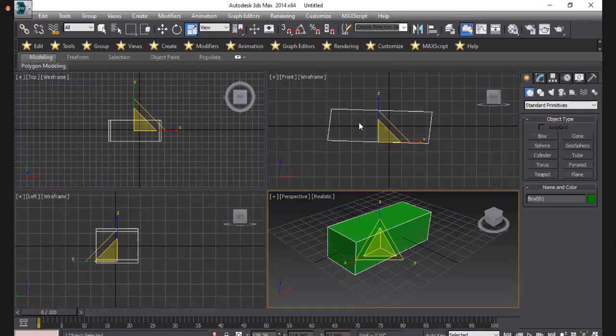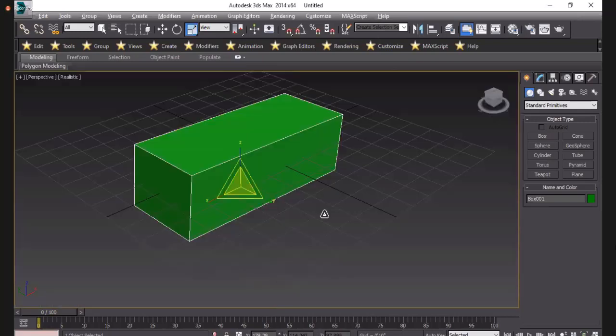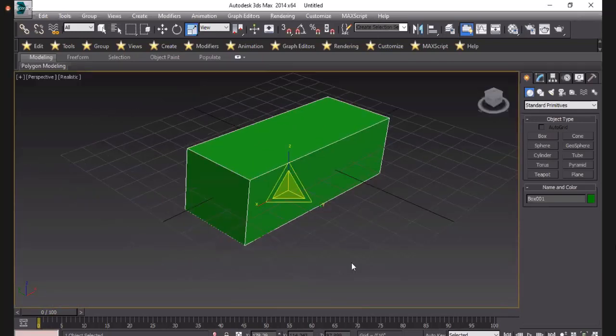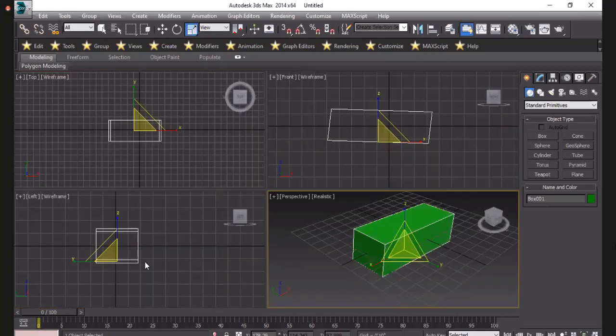So for opening this screen of the perspective view, what can we do here? I will press Alt and W. When I press Alt and W, this screen pops up and you can work on it. If you want to see the four directions, then also press Alt and W. You will go back to that screen.